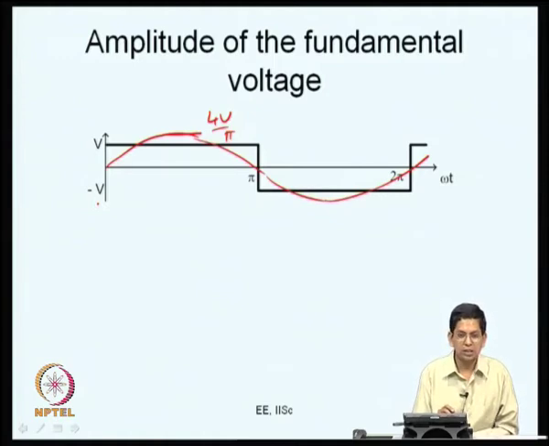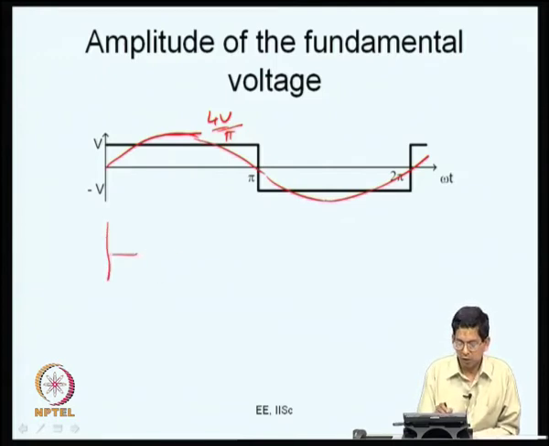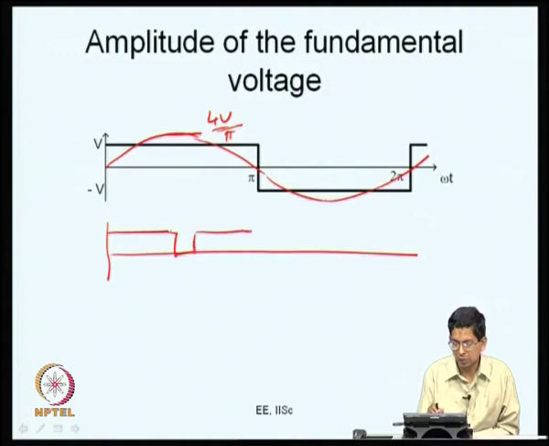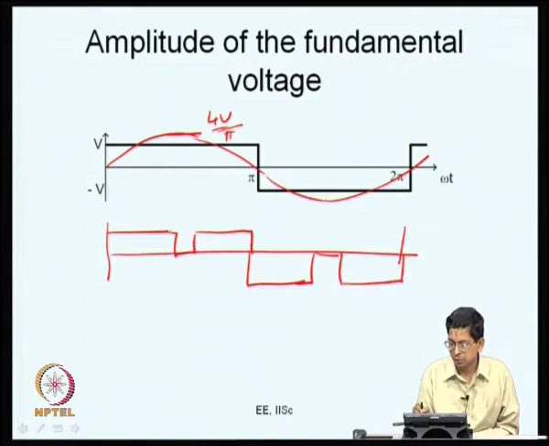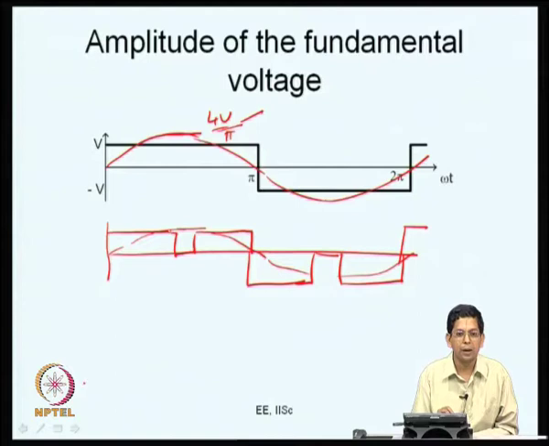So, what we have to do here is, as we will see, introduce certain notches. This is the maximum fundamental voltage that can be obtained, 4V by pi. So we have to make certain values 0 or certain negative values. If I change this waveform such that it is 0 here and 0 here, this waveform has a fundamental amplitude lower than 4V by pi. How much lower depends on how big the notch is.